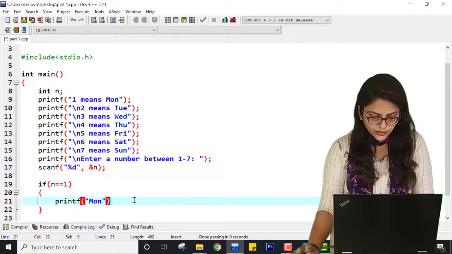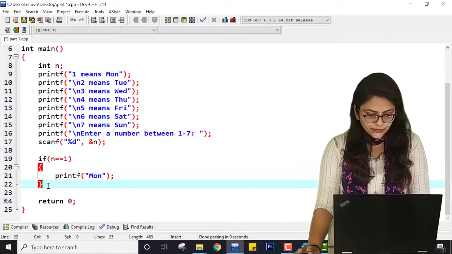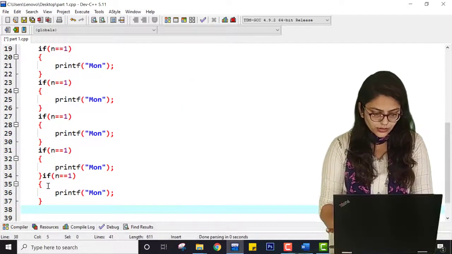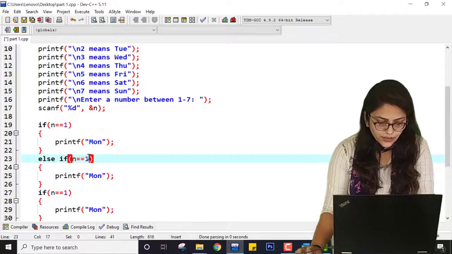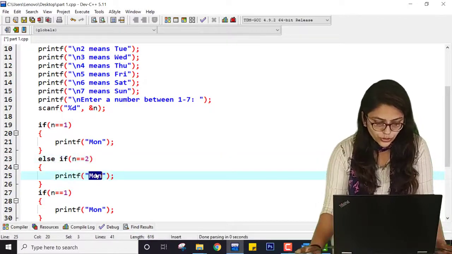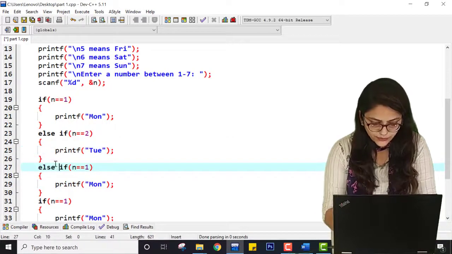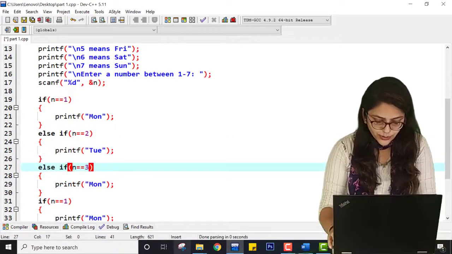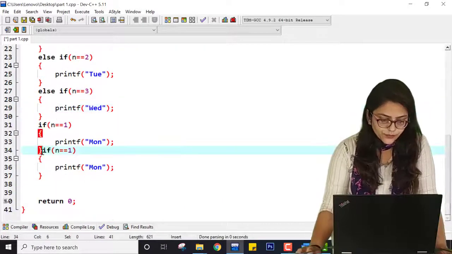Okay, here it will be a semicolon. Then for each choice I'm writing else if n equal to 2, then it should be Tuesday. If equal to 3, then it is Wednesday.